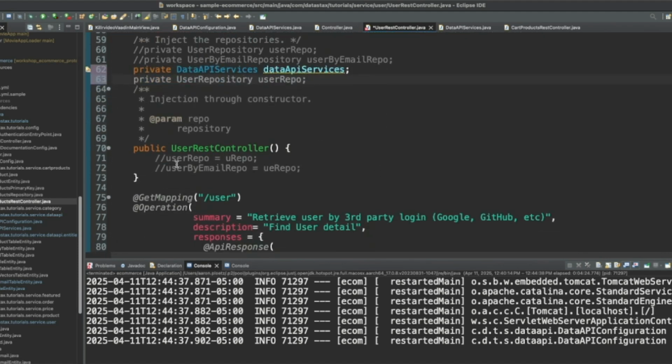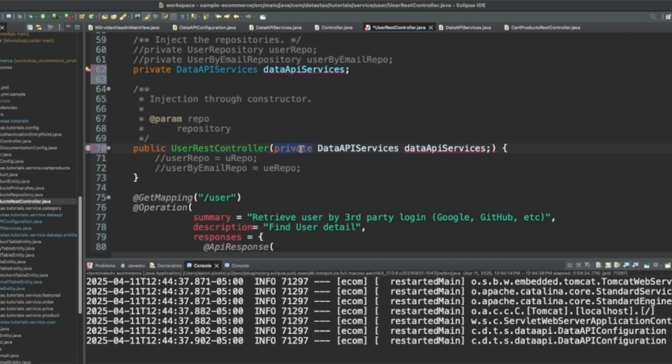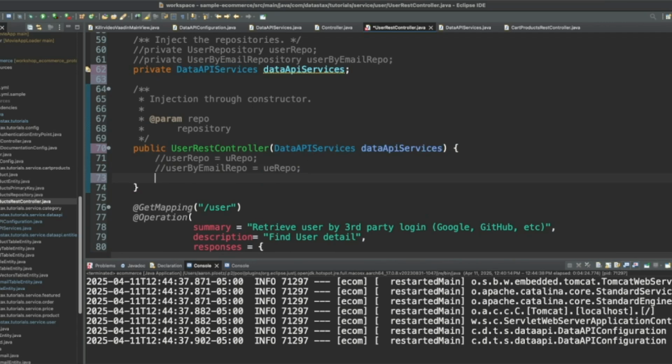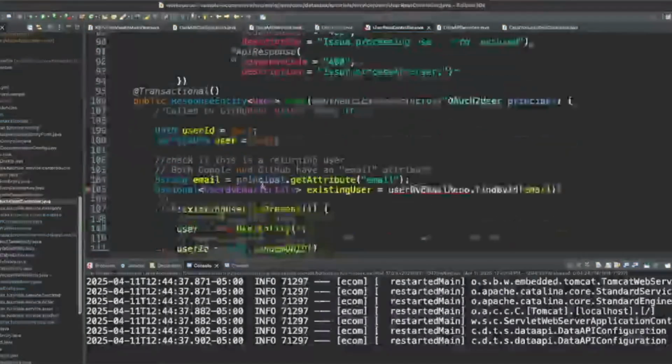And then we can also pass that there. Get rid of private. And then we can save this. Just like that, we have some errors on the side here. So these are the methods that we'll need to account for given everything that we've just broken.